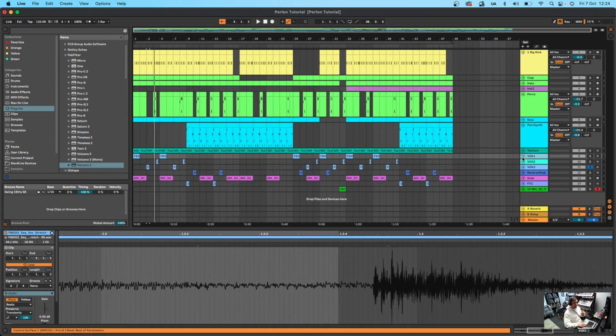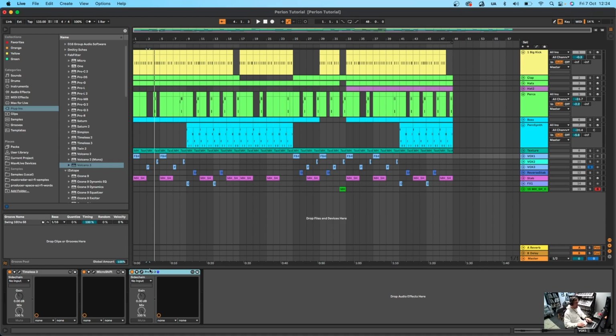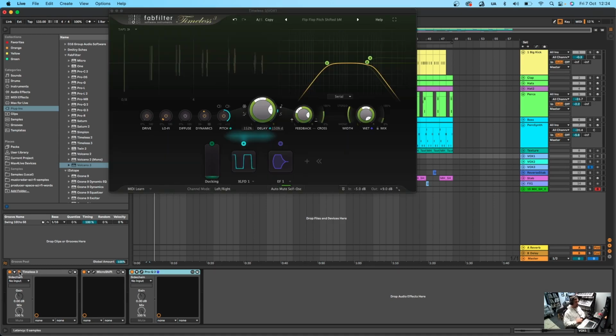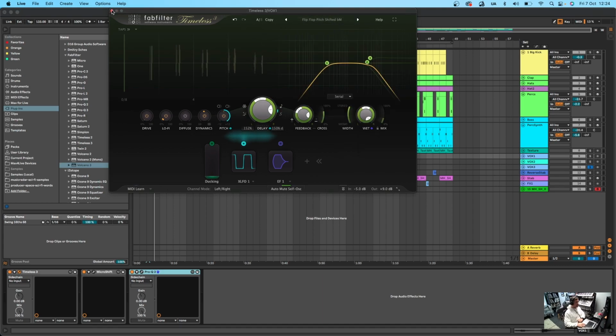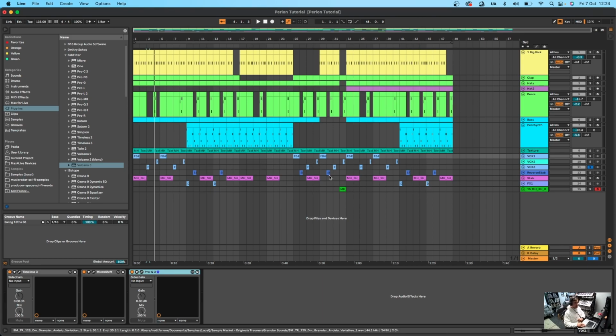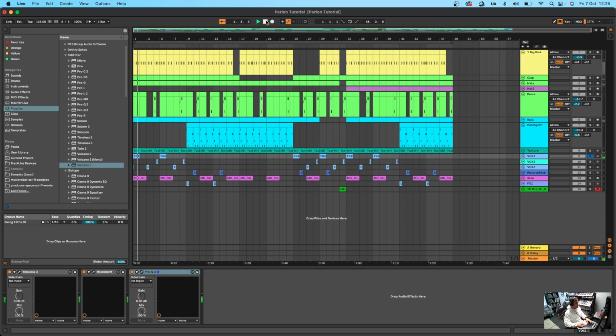So looking at the processing on these then, I've used the Timeless 3. Now if you go into the Timeless 3, it's a delay unit from FabFilter, and you go into the special effects, you can add some pretty interesting stuff into it. So if I was to solo that, all those sounds are coming from the delay. So if I take the delay off, this is how it sounds. So it's added in loads of